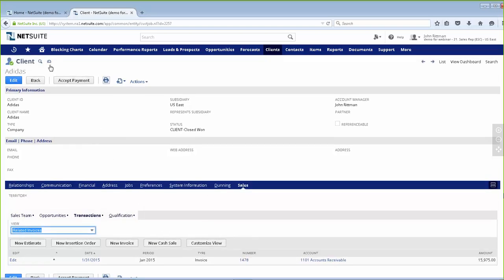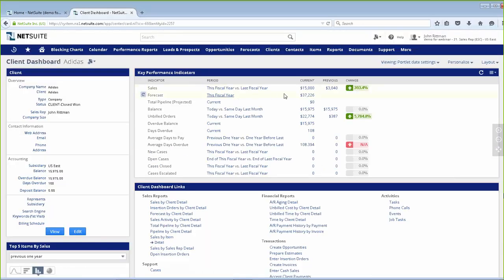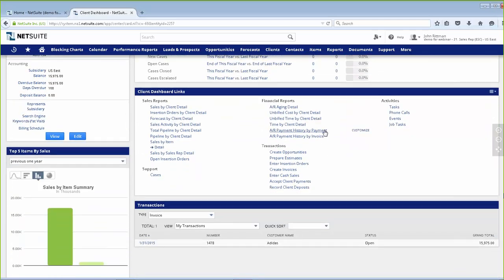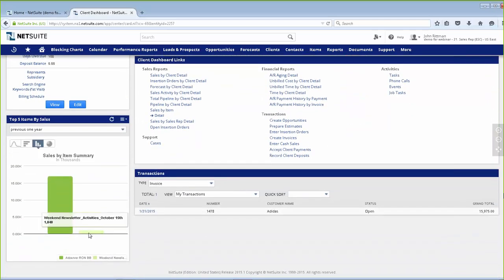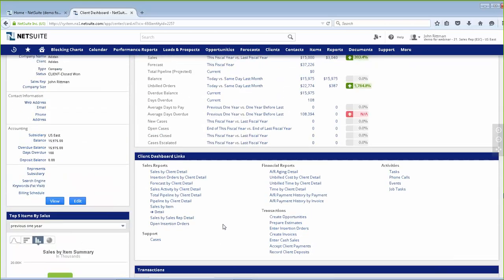Great. And lastly, we've also got a client dashboard here, so I can click on this dashboard and now see everything about my customer in a dashboard view. Again, this is a dashboard that I can personalize and determine if I want more graphs or a different list or whatever. This dashboard view can now give me everything about this customer, such as how I'm performing this year versus last, what's my outstanding DSO, my days average overdue for this customer, and so on. I can also get a list of frequently purchased products by this customer and any transactions that this customer has outstanding.